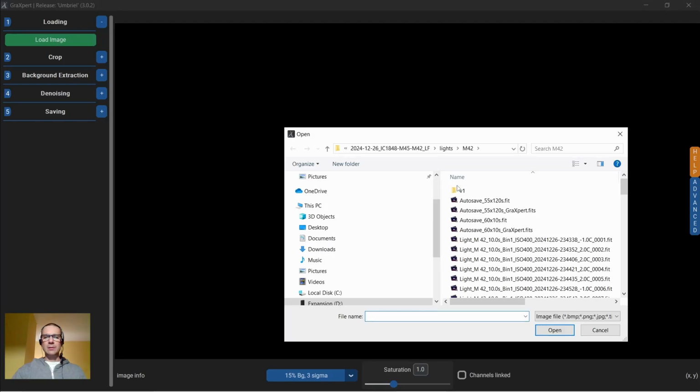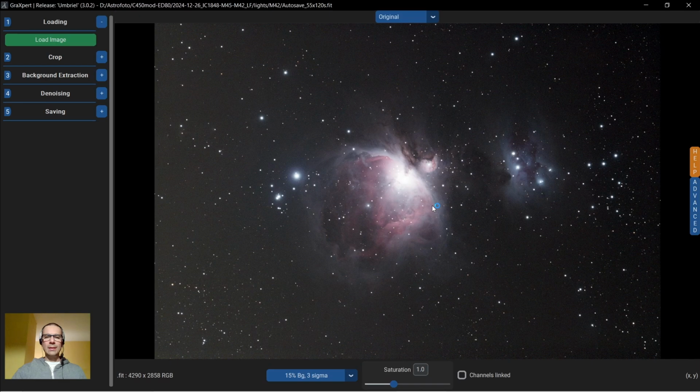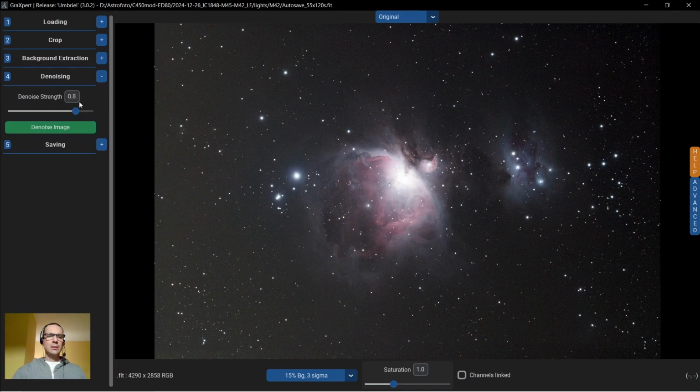I will load the first stack, the one made from 120 seconds subframes. And to denoise this stack, I'm not making any crops, I'm not making any background extraction, I just choose denoising. And the denoise strength I set to 0.8. So it's enough just to press denoise image. It will take about 30 minutes on my computer, so I will not do it now because I denoised this